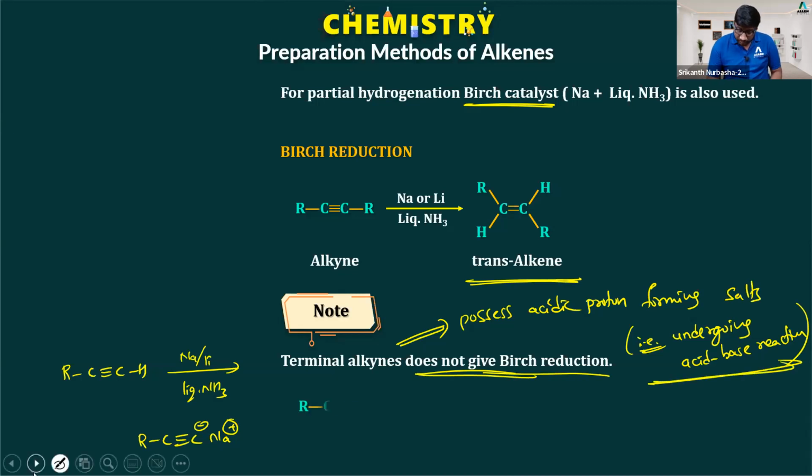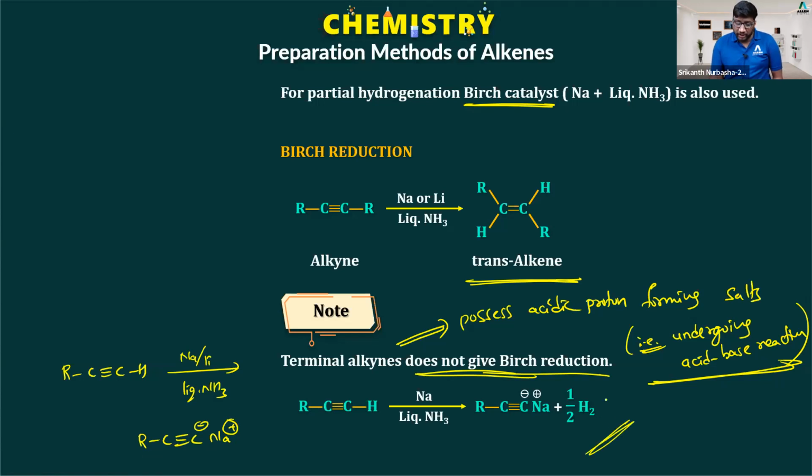Right, students? Same example given. RC≡CH with sodium or lithium in the presence of liquid ammonia will form RC≡C⁻ Na⁺. Half a mole of H2 is obtained, because the H⁺ ions which are lost take electrons to form hydrogen atoms. The hydrogen atoms are not stable in the isolated state, rather they combine with other hydrogen atoms to evolve H2